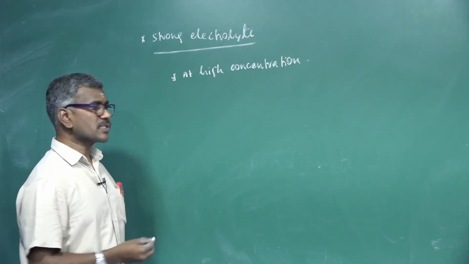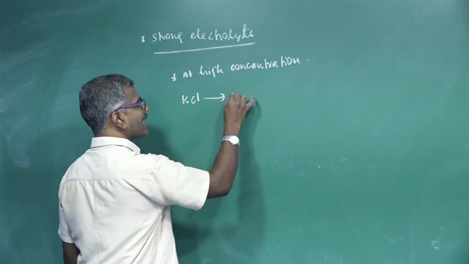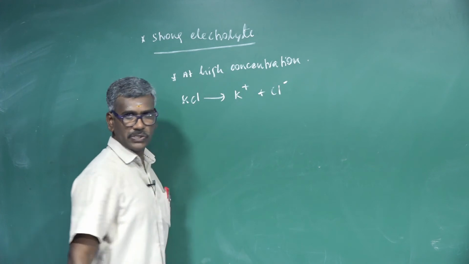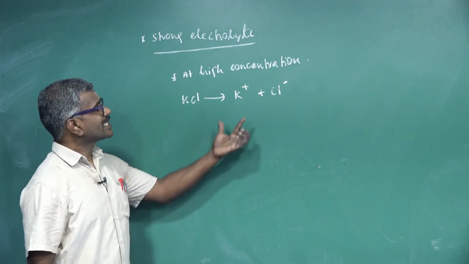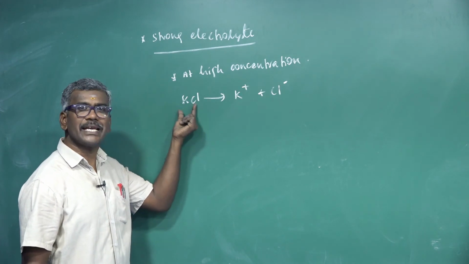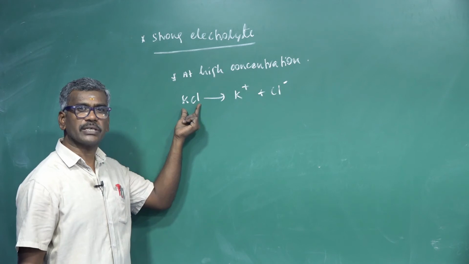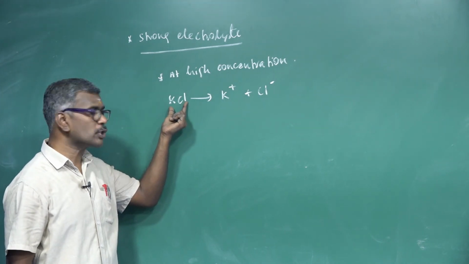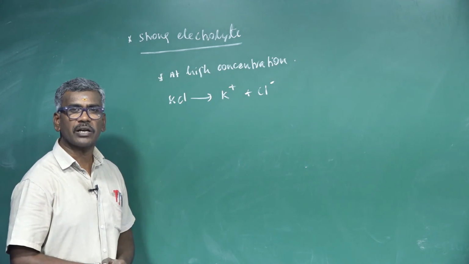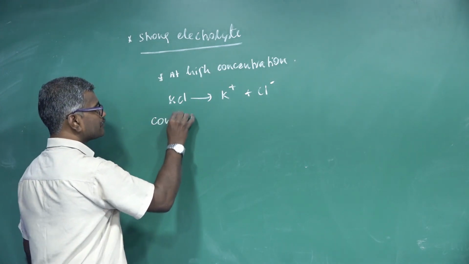Strong electrolyte is best exemplified by KCl. KCl completely ionizes in water to form K plus and Cl minus. Here, the ionic interaction between the two ions is very large. This decreases the number of ions, and a decrease in the number of ions means conductance